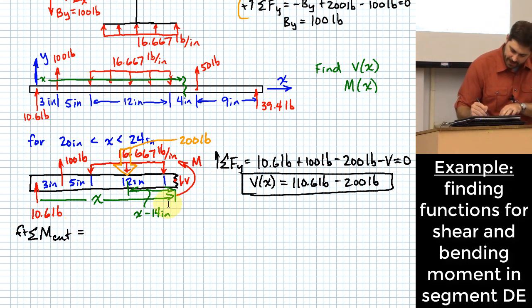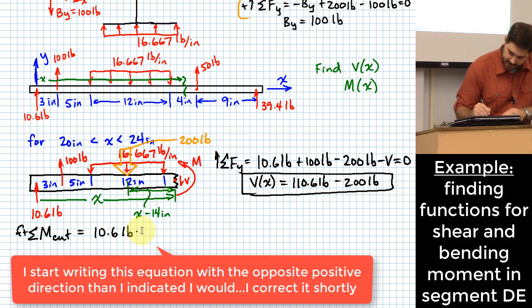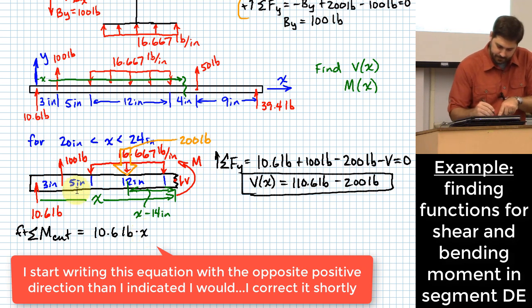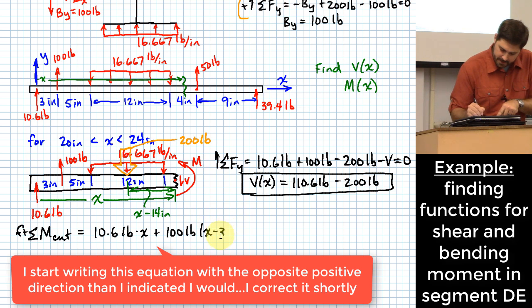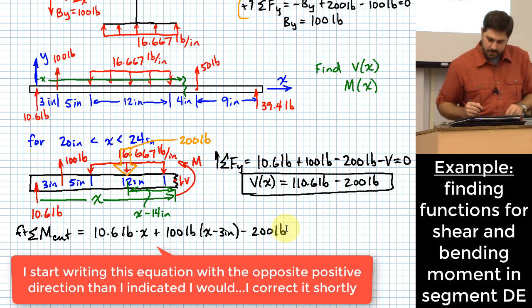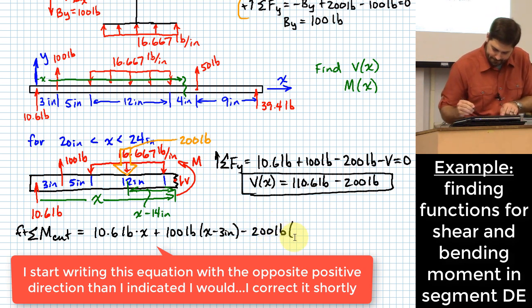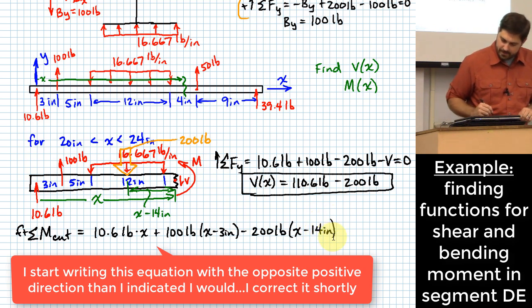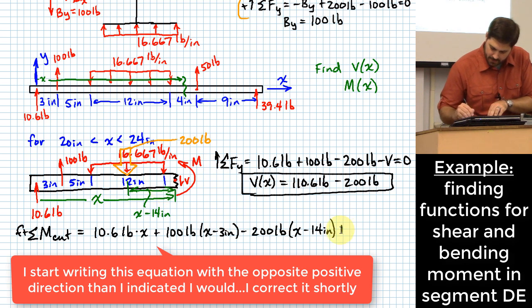Okay, and when I do that, I will have 10.6 pounds times x plus 100 pounds times x minus 3 inches minus 200 pounds times what? x minus 14 inches we figured out a second ago. Okay, plus M